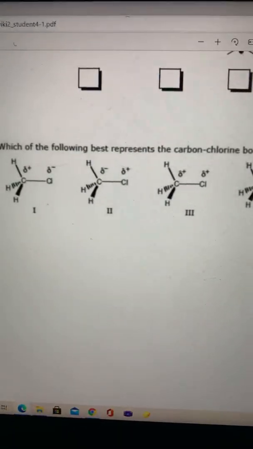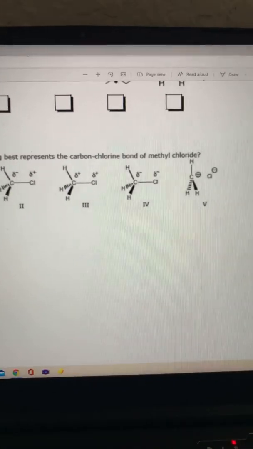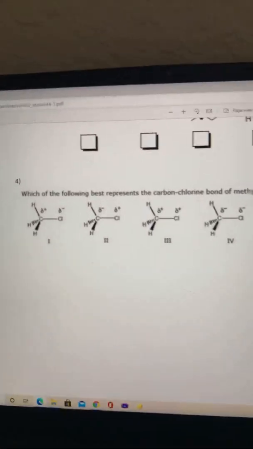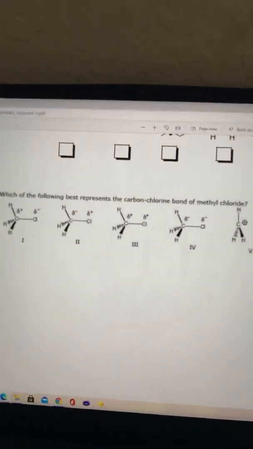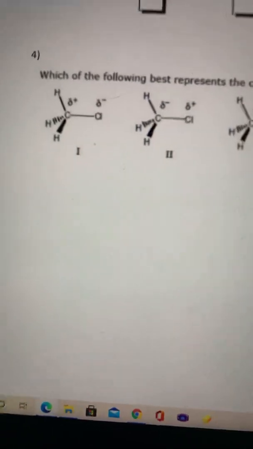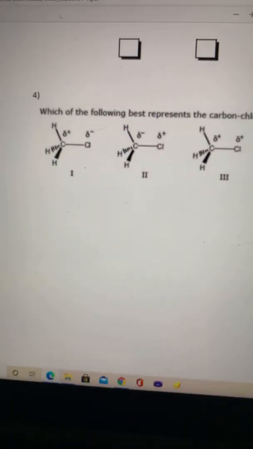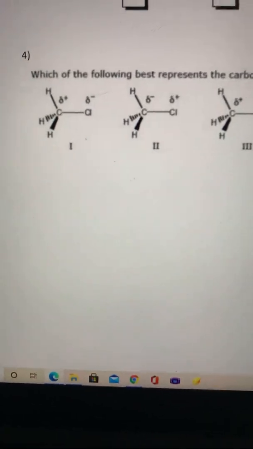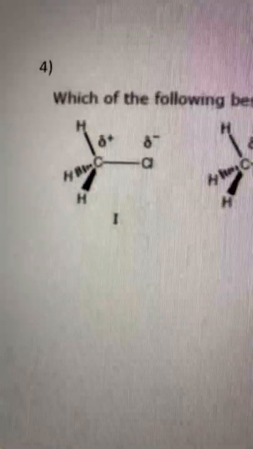Which of the following best represents the carbon-chlorine bond of methyl chloride? So this is just a simple dipole kind of question. We're going to be comparing electronegativities of these atoms specifically. And so the first one we're given is a positive dipole and a negative dipole on the chlorine, which should